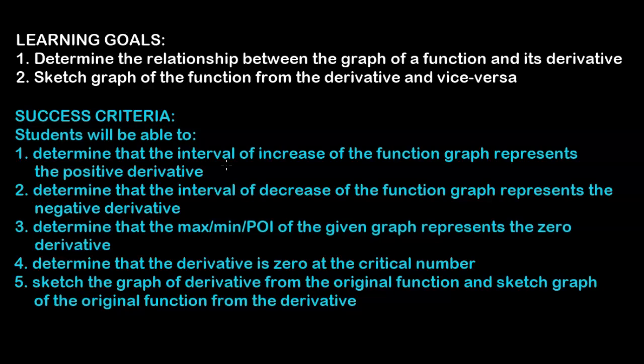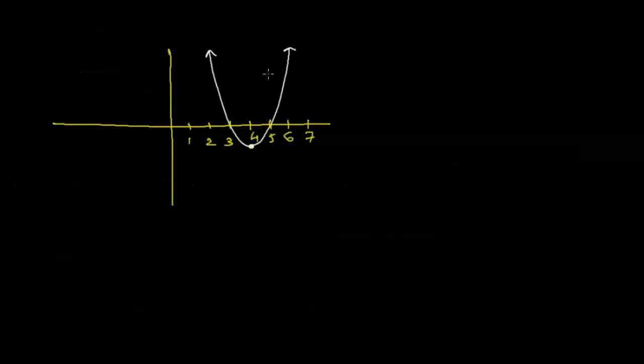Let's understand all this with examples, but before doing so, let's first understand how a given function graph helps us determine how the derivative will look. Let's say we're given this graph, a function graph, and we want to determine how the derivative of this graph would look. As we now know, the derivative of a function is nothing but the slope of the given function. Let's say we are asked to find the slope or IROC at this point,